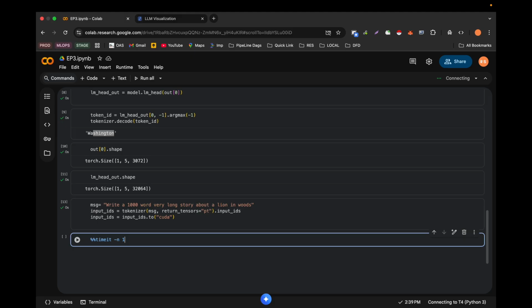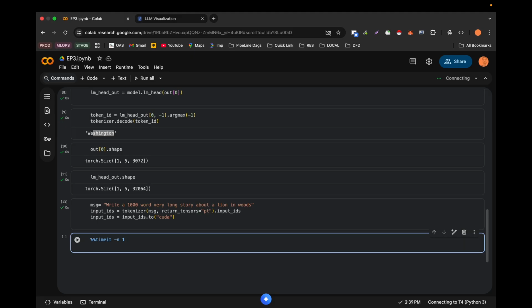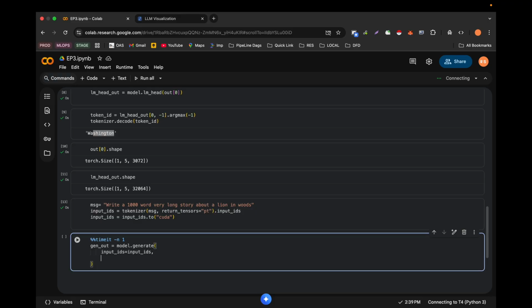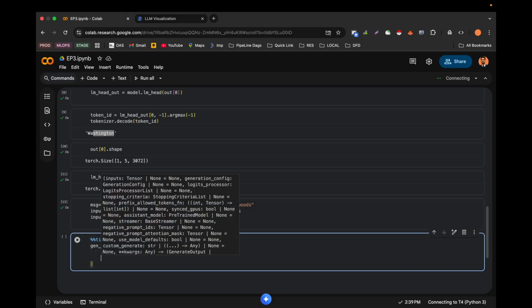So we have generated the output, and then we can use the Colab magic to measure how much time on average per loop. I will do this multiple times, and let's see the median and standard deviation for the generation. So let's get the generated output is model dot generate, input IDs, and what we can do is